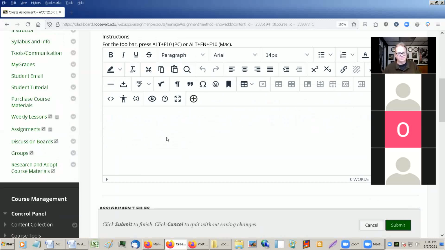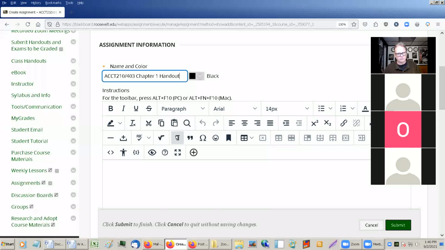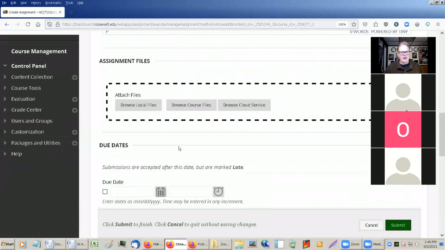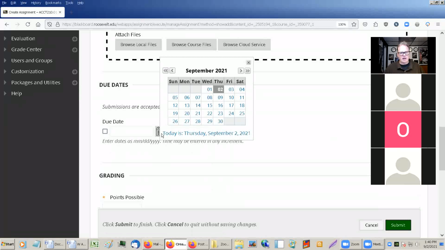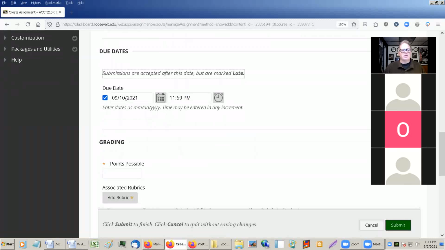You said it's okay if we wrote it on notebook paper, right? Absolutely. You just take pictures of it. And coming on here, a due date, I usually make these a week out. I'll make stuff due on Friday. That makes it easy for everybody. So this is due by next Friday.